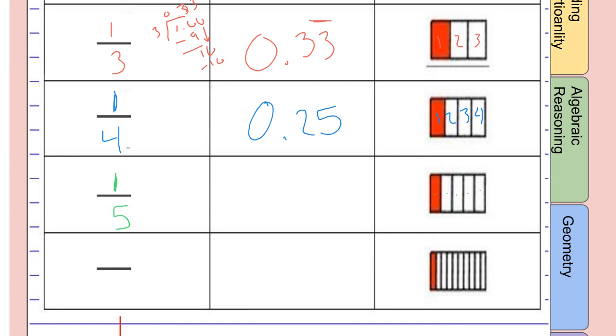Okay, the next one we have here, 1 is shaded again out of 1, 2, 3, 4, 5. So we have 1/5. Okay, 1/5. Okay, this time I'm going to think about money again, or I can divide it out. Okay, so we're going to put 1.0 on the inside, 5 on the outside. Okay, and 5 goes into 10 twice. So 1/5 is equal to 0.2,